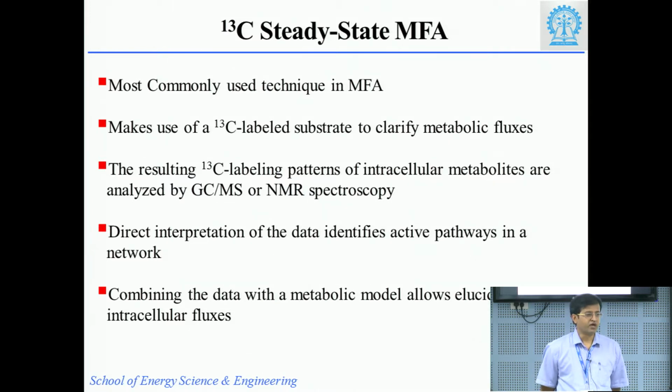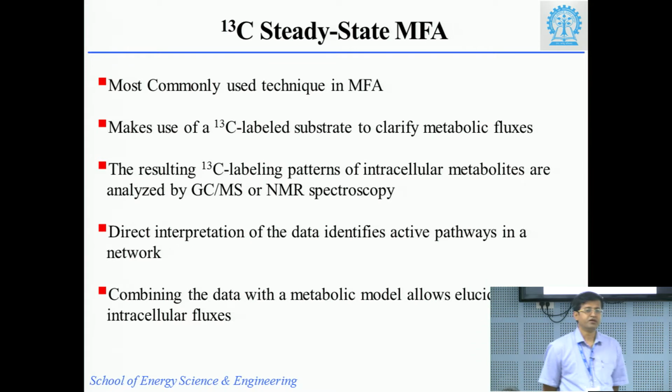And the good thing about carbon is that the isotope labels are not harmful to human beings. If it were harmful, we would not have done the experiment. It is naturally present in the atmosphere, we take it up every day, but we are not affected. So, that is why this isotope labeled glucose can be used for the experiment. We do not have to keep any extra protection. And the direct interpretation of the data,